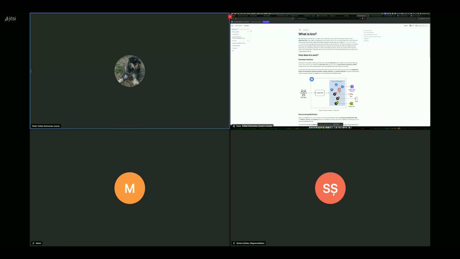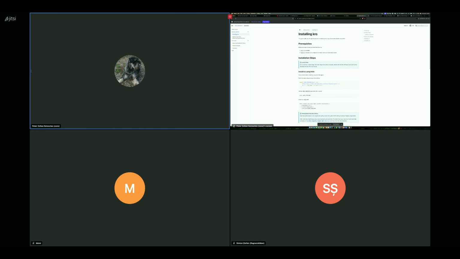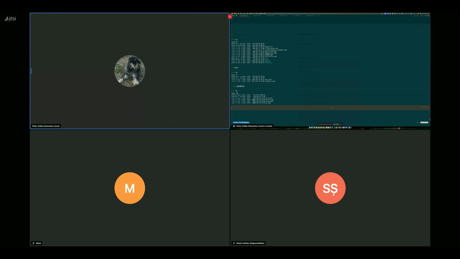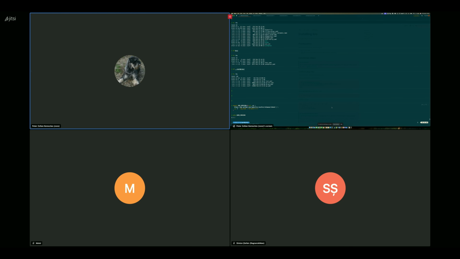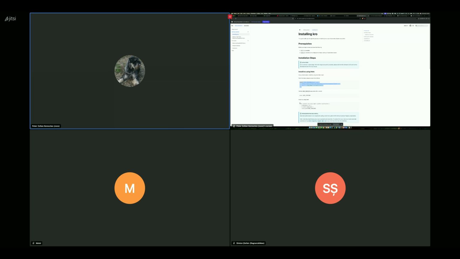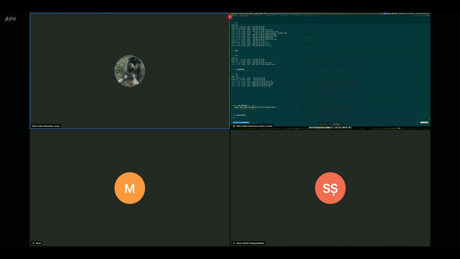To install it, we go to the documentation and we just copy a few commands and run it. They did not change anything. We install the helm chart,